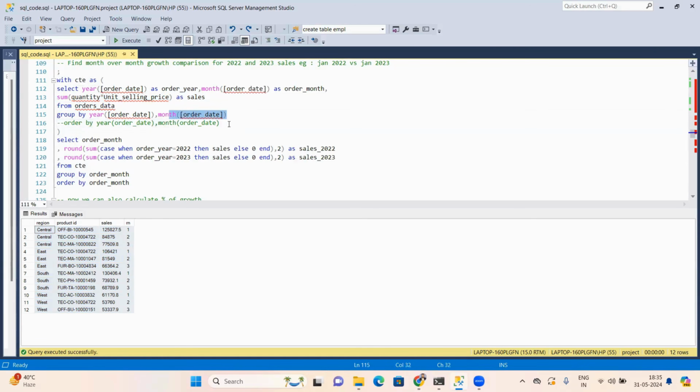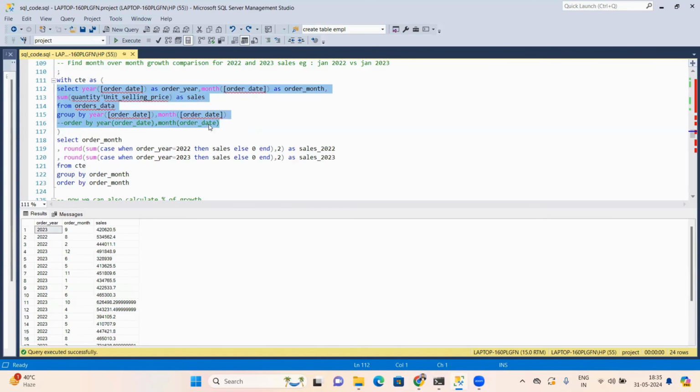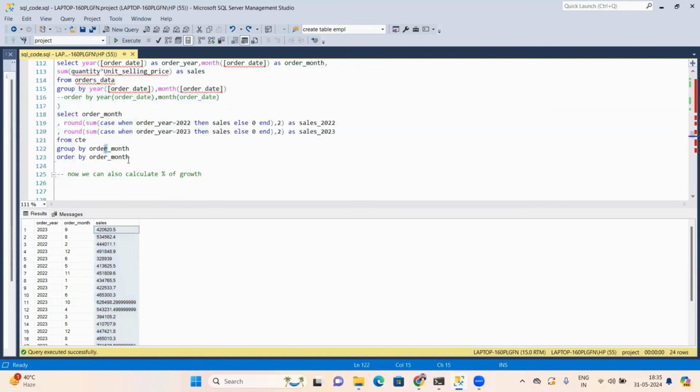So what we will get is the monthly and yearly sale of each product, the total sale in each month. Then what I have to do is a comparison. For example, for 2023, the total sales value in the 9th month compared to order year 2022. So I'm taking order month as the first column,